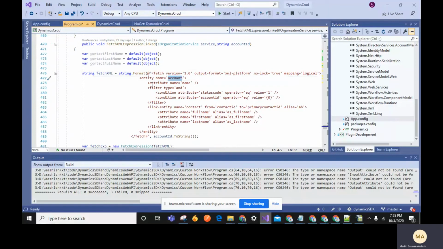In this I am writing the attribute names, and if you have any conditions, you can use them like this. Filter type is equal to and, or we can write an or condition also.